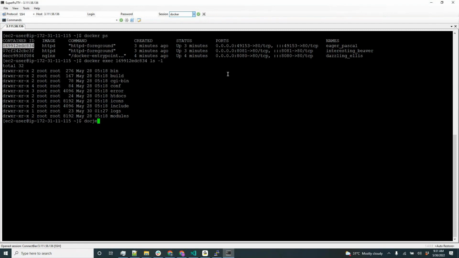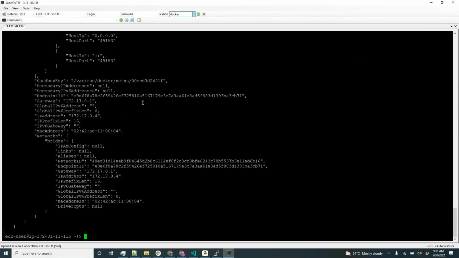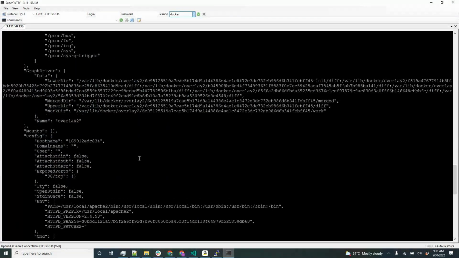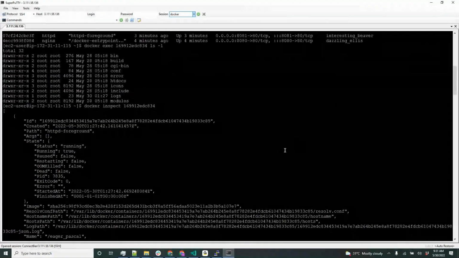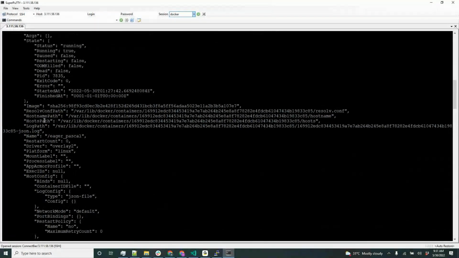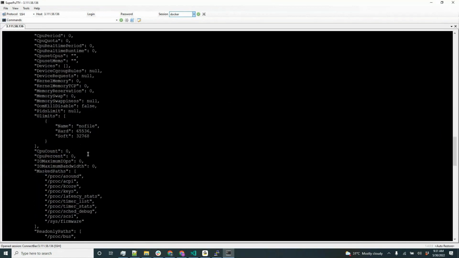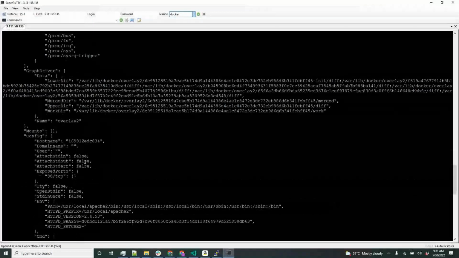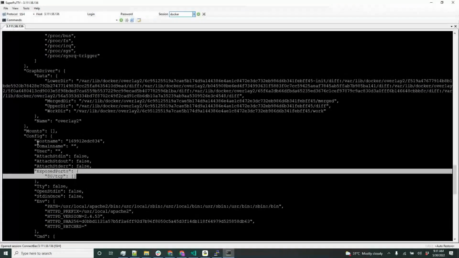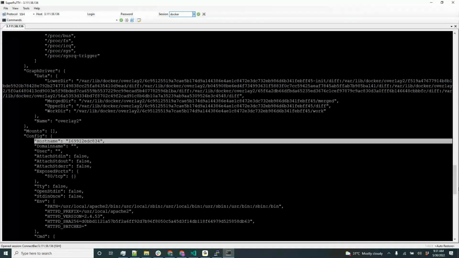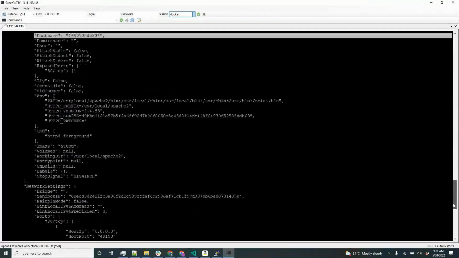And then if you want to inspect any running container, you need to give docker inspect and the container ID. This will give you full information. Now you go and check. To get the full information of the container, you need to give docker inspect. When you created it, what image you used, what the host path is, what the name of the container is, the IP address, networking mode, everything you will get here. What the exposed ports are, what the host name is, all the things you get from here. Working directory,